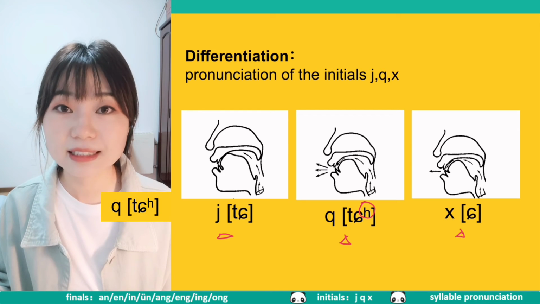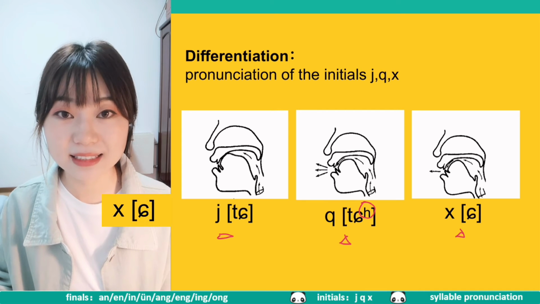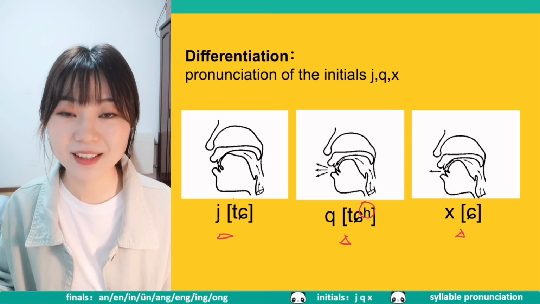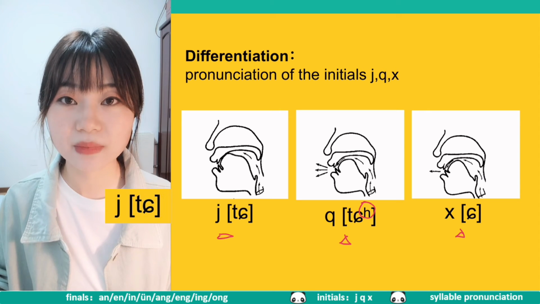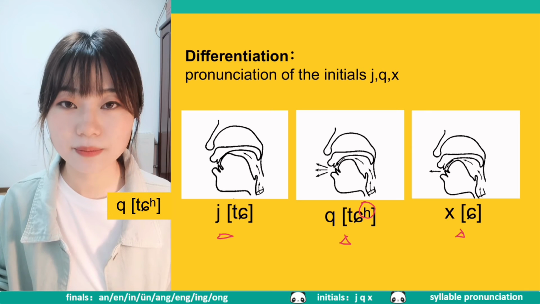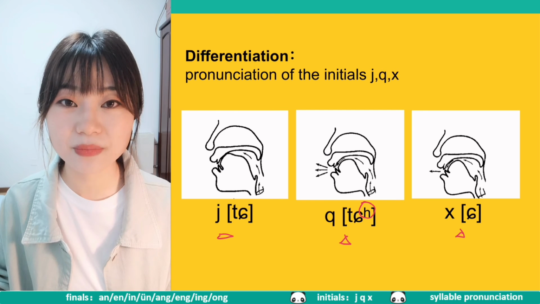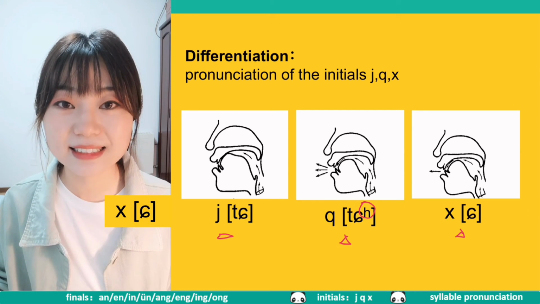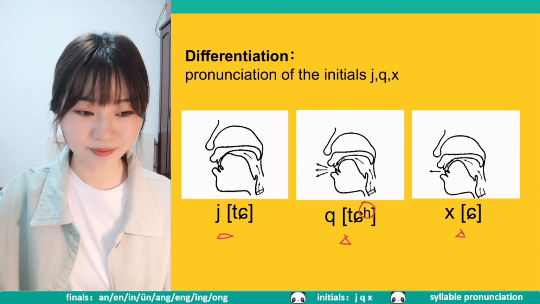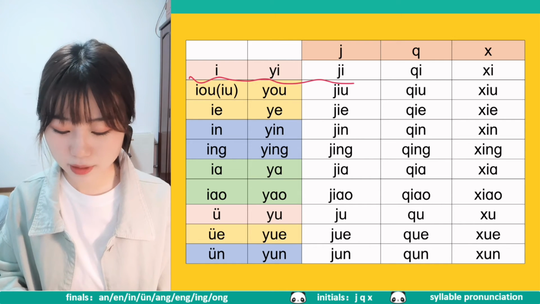Also, q is the strong airflow version of j. And x, when you prolong it. Okay, read after me. j. And then q, with the strong airflow. And x, leaving the gap between your tongue surface and the hard palate. Okay, next let's add finals and tones to practice. The first one,